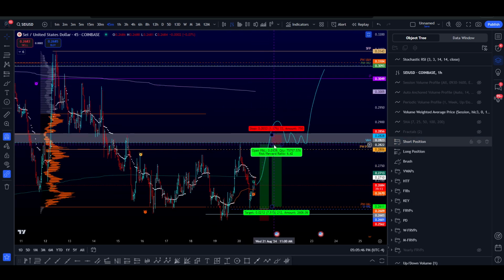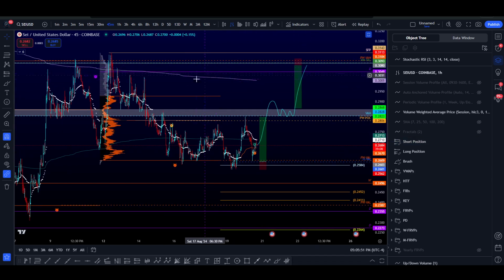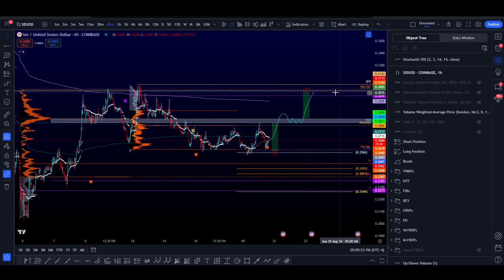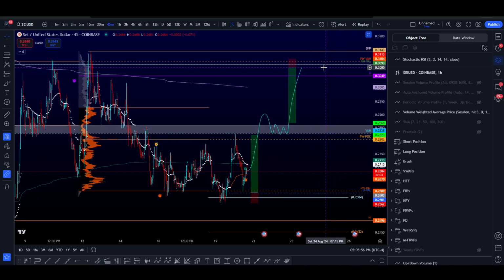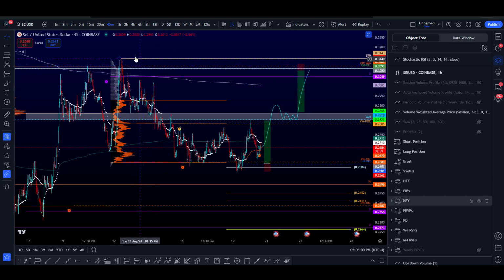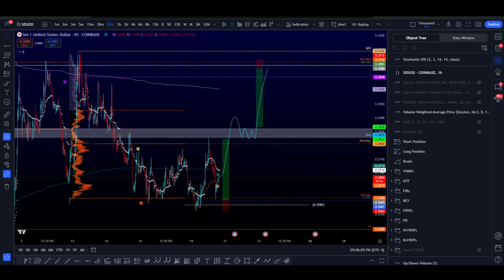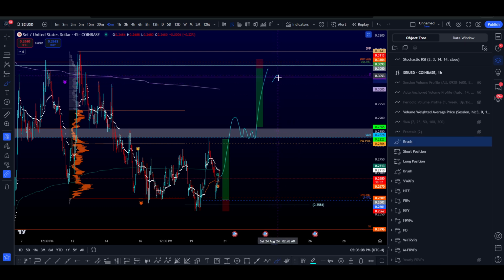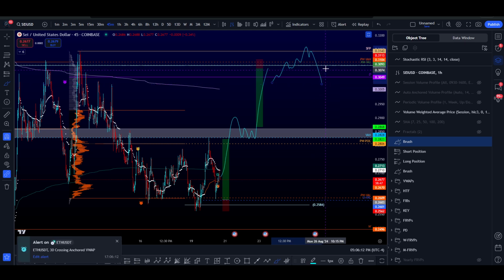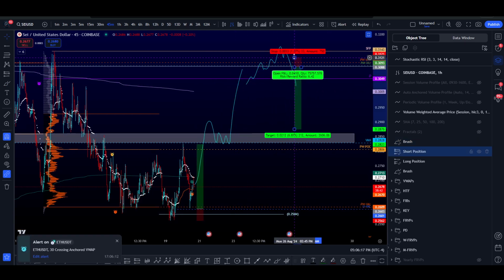Now, the best area, in my opinion, to take the short trade would actually be this area. So we still have the dot 5, previous month value area low, previous week value area high, right? So two weeks ago, the value area high. And we also have liquidity up here as well. So it would be nice to see something like this come up, right? Sweep the highs, come back down, and then enter your short trade right here. Signs of weakness, stop below the high, targeting